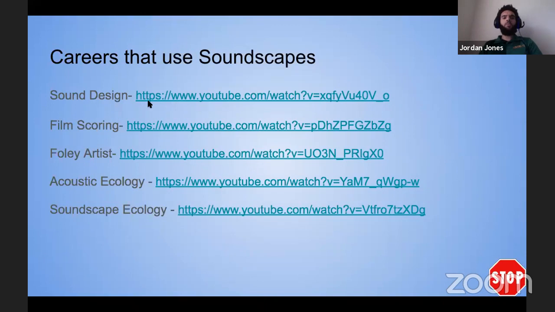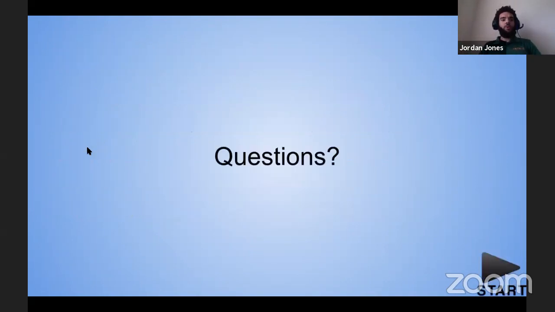But going back through these careers up on this list, you had sound design. Sound design can go in a lot of different directions, but in soundscapes, you can create an artificial soundscape through sound design. So essentially, mimicking what this ecologist class was doing, where they went out and recorded sounds. A sound designer would probably be mimicking that, or even using live sounds to create their own. And film scoring the same way. If you've seen movies like Avatar, where the environment is a totally different world, they have to create a brand new sound for that as well.